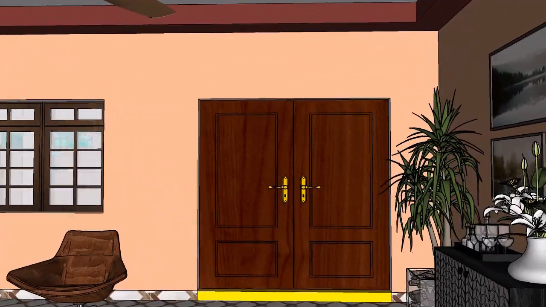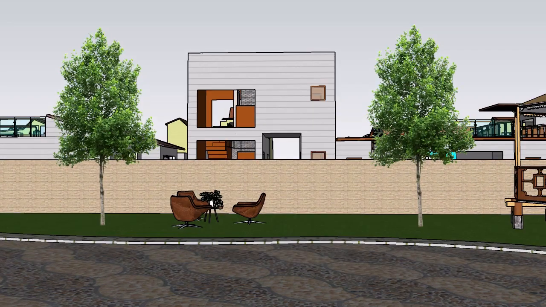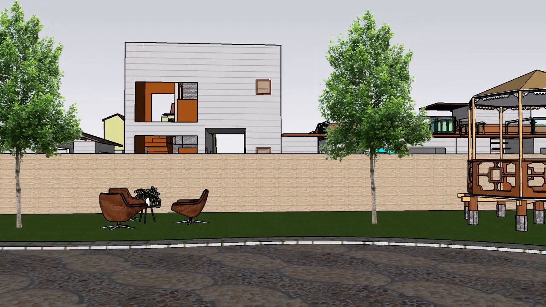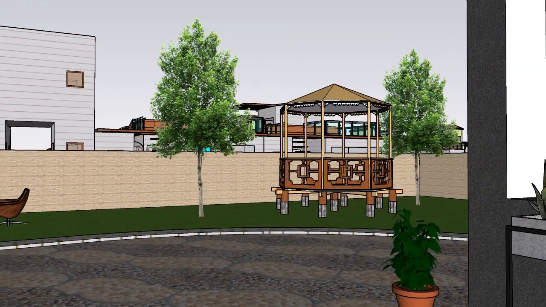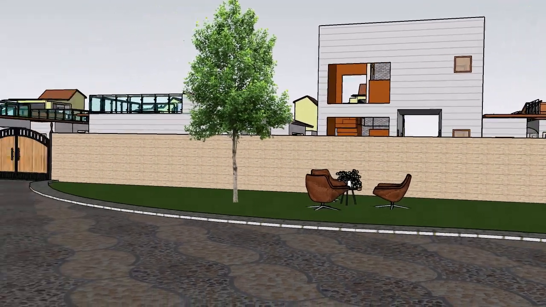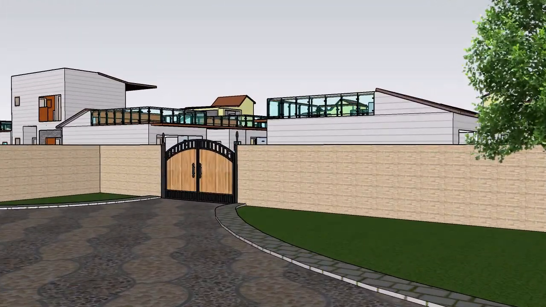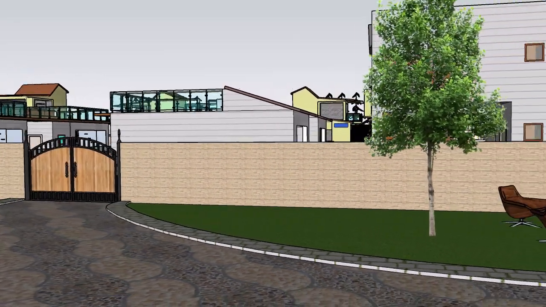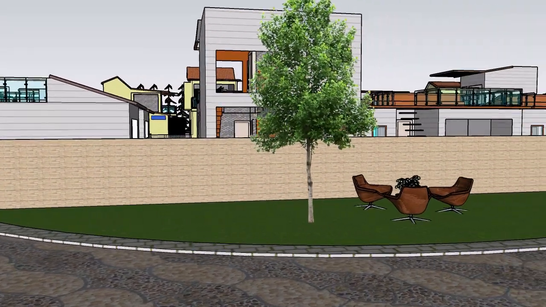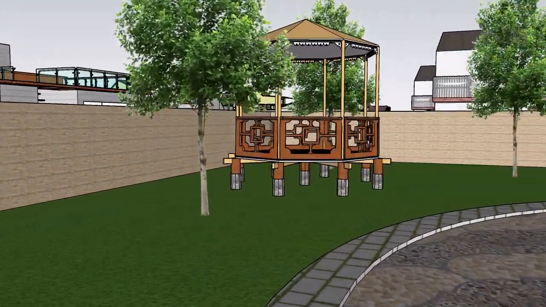We have seen all interiors of the house. Now let's go to outside and see how it is. Here we are seeing two places where we can chit chat with our friends.